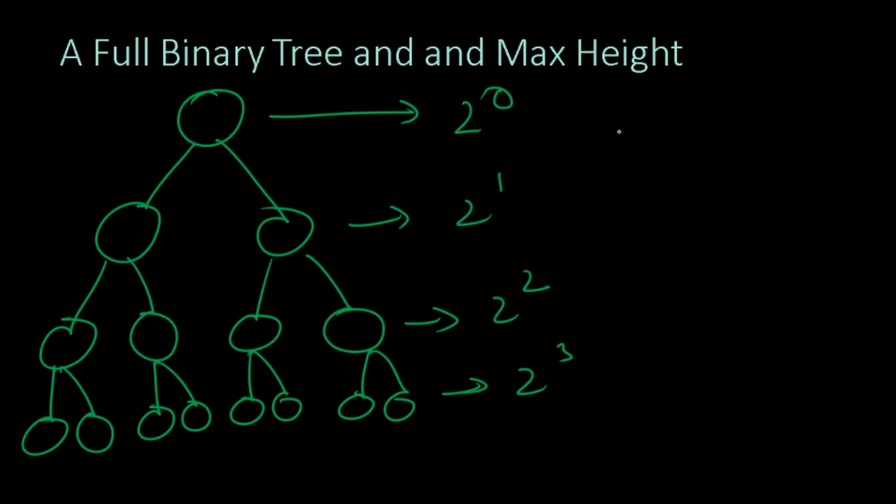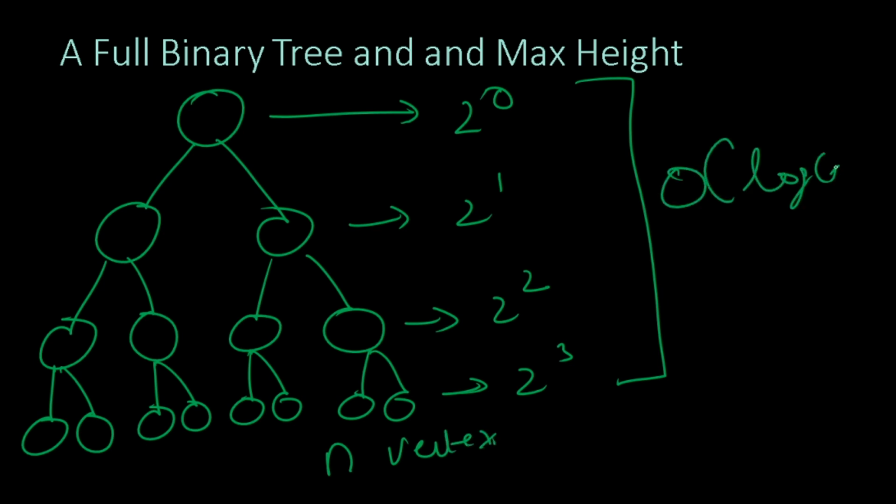Every level the number of vertices will be doubled. So in other words, if there are n vertices, the height of this tree would be order of log n. Why? Because look at